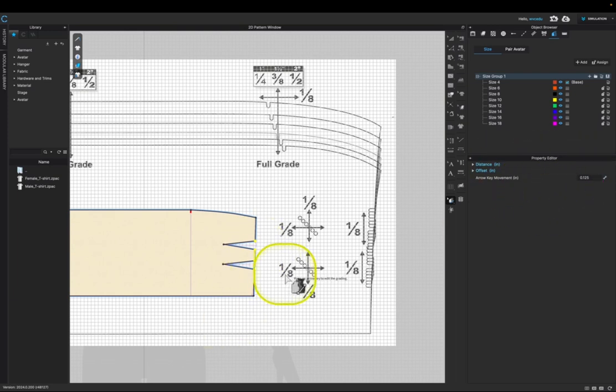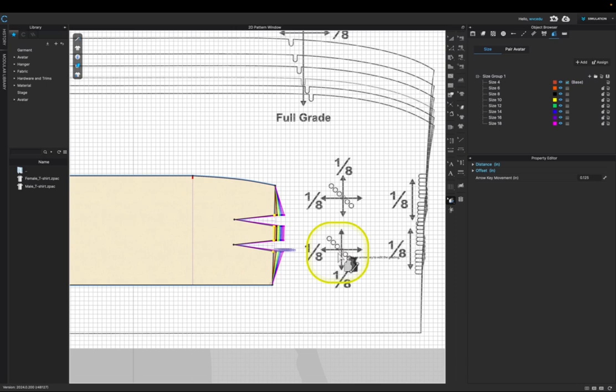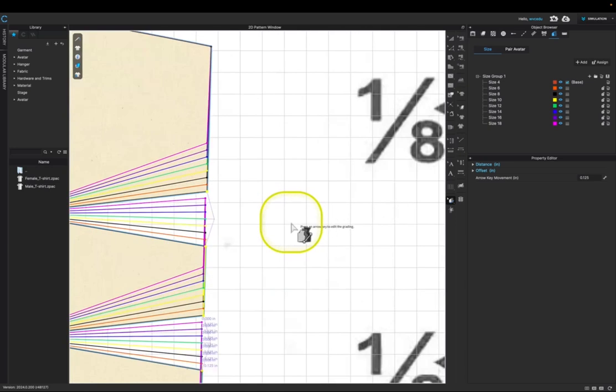And now if I have them highlighted, I can use my arrow key and you can see it moves them in one direction. Now I pressed my right arrow key, and so it moved them in the positive X orientation. That's not the way my arrows are going. So if I make a mistake like that, I can just simply press my arrow in the opposite direction. So now I'm going to press my left arrow and it goes back to where it was. If I want to go vertically, I know I need to increase. So I'm going to press the up arrow